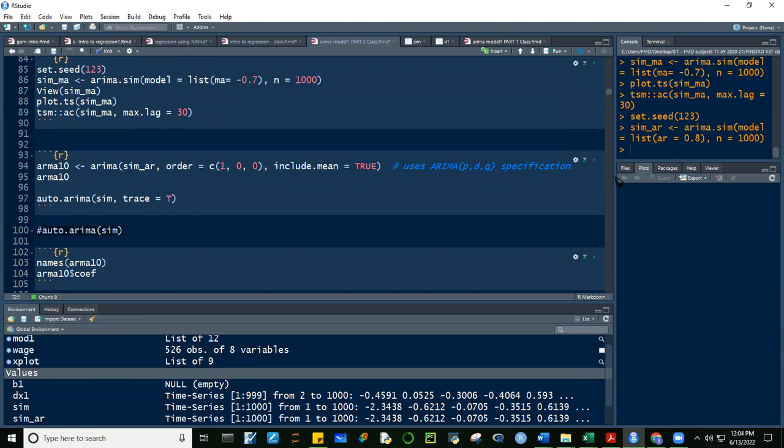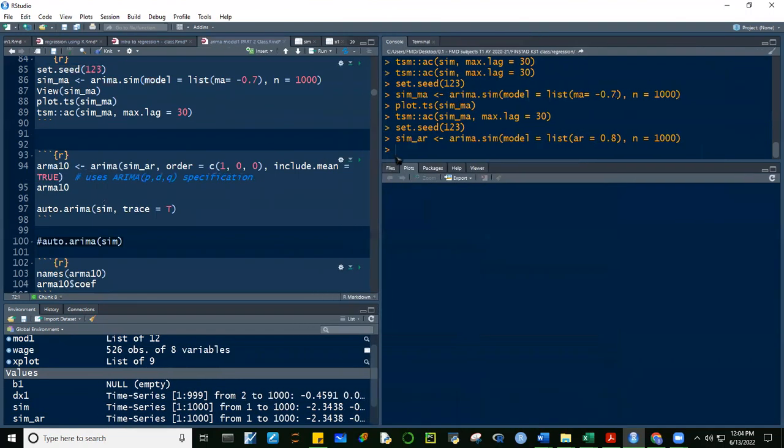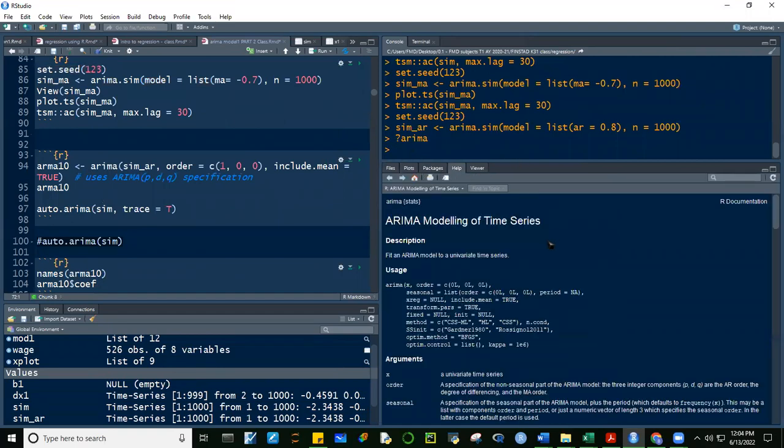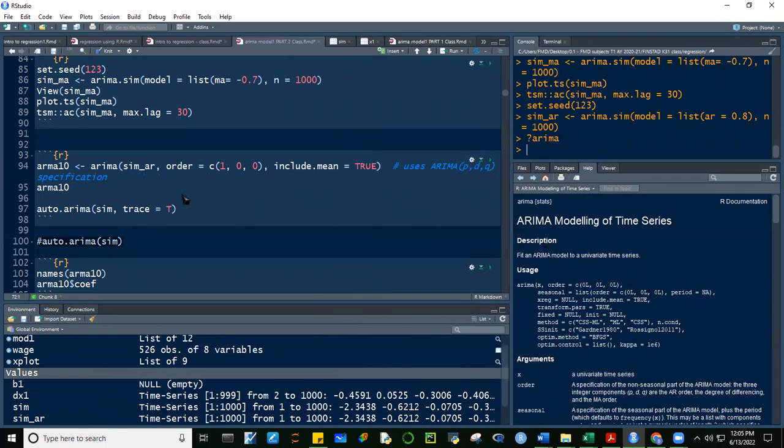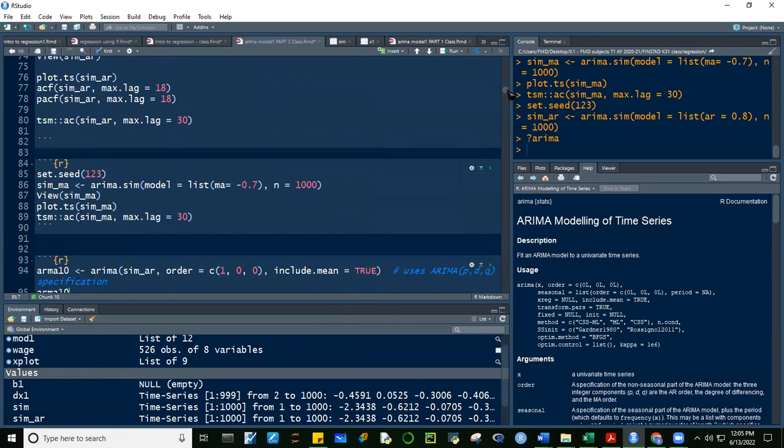Okay, what does the ARIMA function give us? ARIMA, tingnan natin. Ano yung ARIMA function? Ito, from the stats package also. It is fit an ARIMA model to a univariate time series. Ganun din, no? Mag-fit tayo ng ARIMA model to a univariate time series. Sige. Okay, tingnan natin. Alright. ARIMA. Tapos ang ginagamit natin object, sim AR.